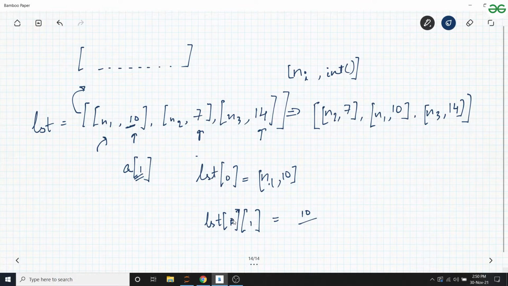Similarly, if we access list 1 of 1, we'd get 7, or list 2 of 1, we'd get 14. So as you can see, there is an integer present at every first element of the nested list, right? So now what we have to do is tell the sorted function to only take into consideration the first element. Forget the 0th element, take into consideration the first element.